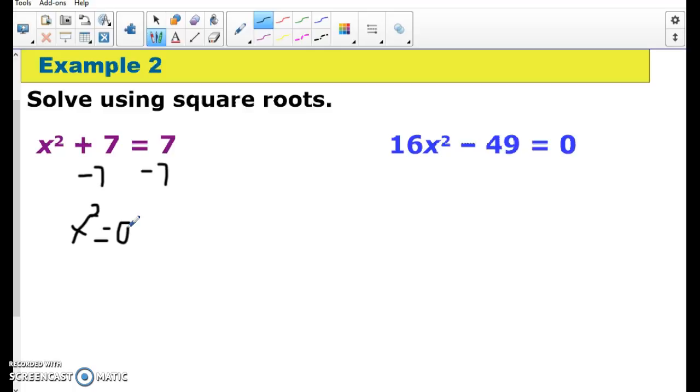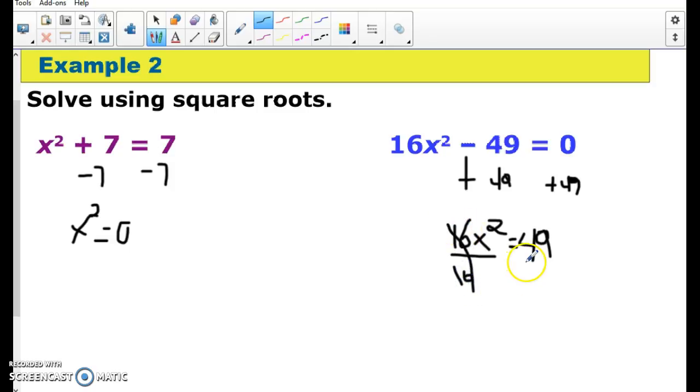There are some that will end up being fractions. Remember, square roots of fractions end up looking scarier than they are. It's not that bad. So I can add 49 to each side here, add 49 to 0 here. So then I end up with 16x squared equals 49. That's 16 times x squared, so I need to divide by 16. So that'll cancel out, and I'm left with x squared